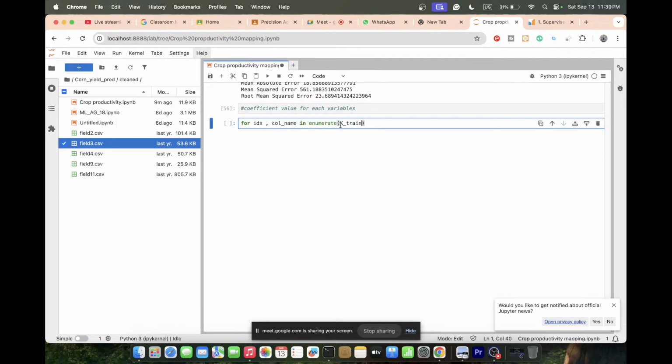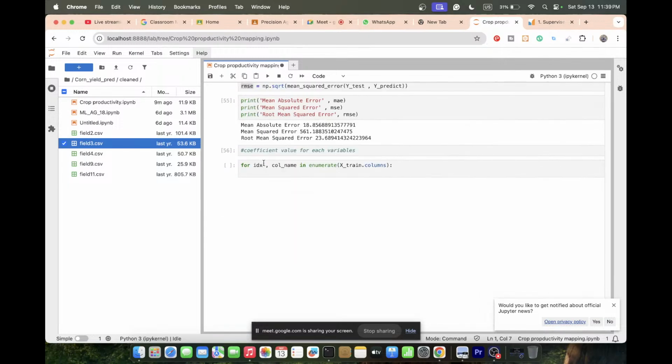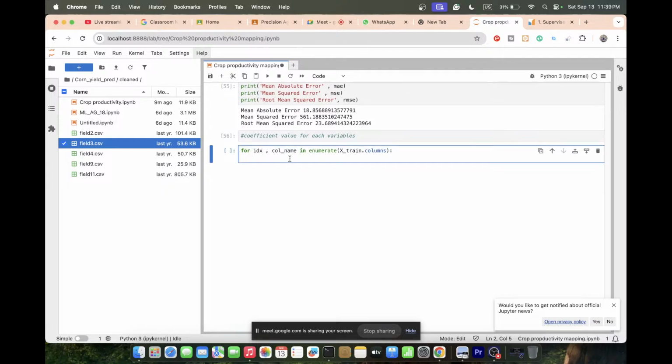X train, and put the columns. So I just create a column in this x train. Basically in the x train we find three columns, three different variables, suppose moisture, speed and width. We find three different variables here in the x columns. So I use it here, and for that I simply print